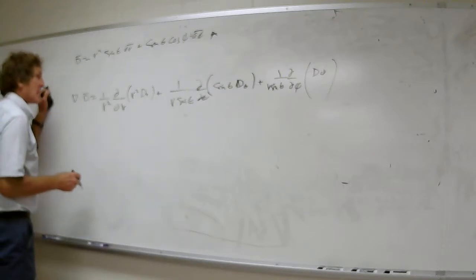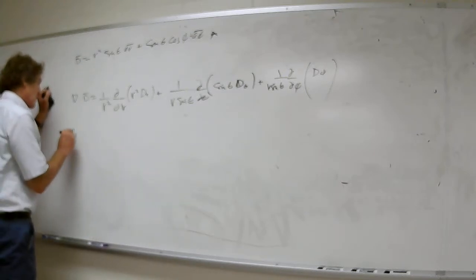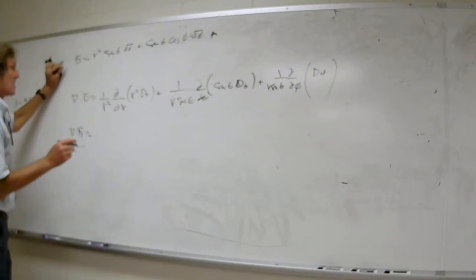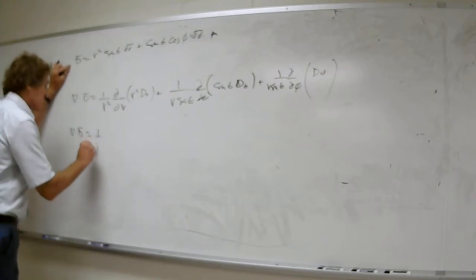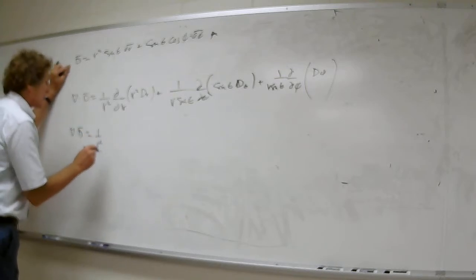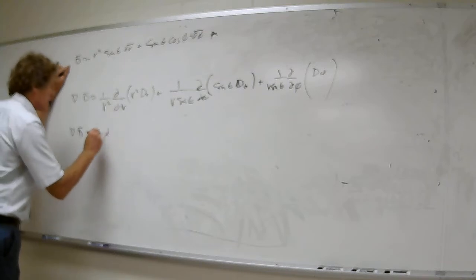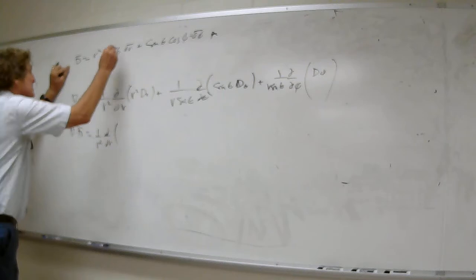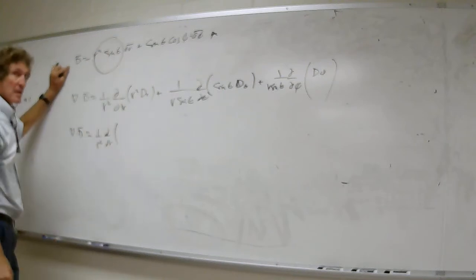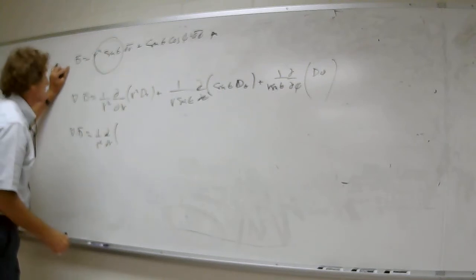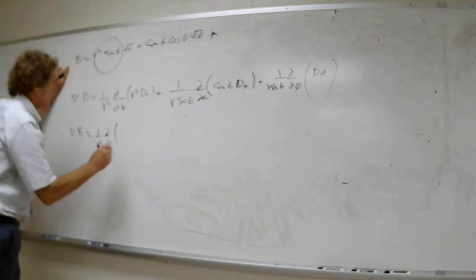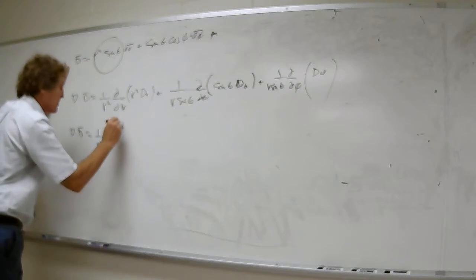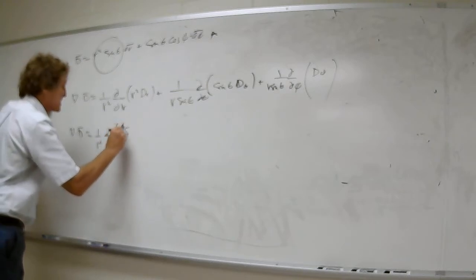All right. So divergence of D. Let's just do it. So I have 1 over r squared, and then we have d/dr of this: r squared times D_r. This is D_r, right, class? So r squared times D_r is what? r to the 4th, right? r to the 4th times sine of theta